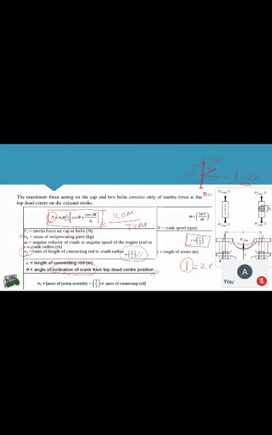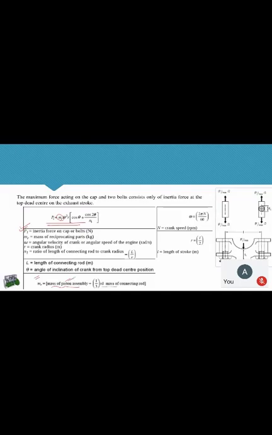Okay, very good. So now what we need to do is determine the inertia force by using this formula. In that, we need to first find out the mass of the reciprocating components. So the mass of the reciprocating component m_r is equal to the mass of the piston assembly. When I say mass of the piston assembly, it includes the mass of the piston itself plus piston pin plus piston rings.